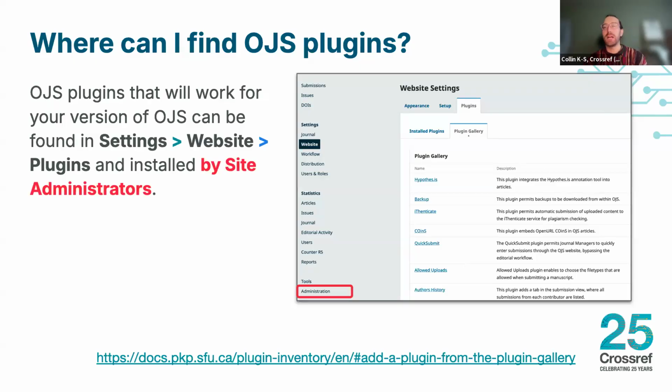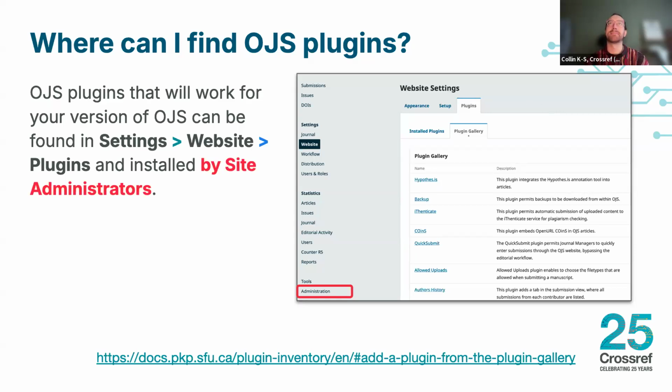Okay, so I've talked a lot about plugins in this, and I should have said a little bit more about where you find the plugins as well. This is OJS version 3.3. You can find plugins in the administration section on the left-hand side, in the plugins tab on the top there, and then there is the plugin gallery of available plugins, and all or most of these plugins should be available in this large plugin gallery for you to install fairly easily on your OJS instance.